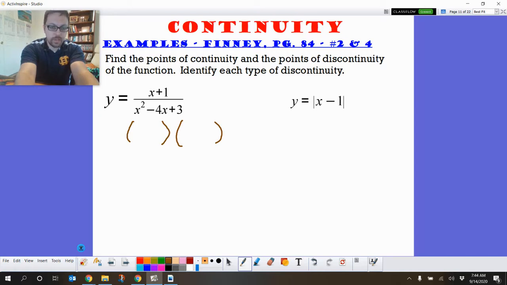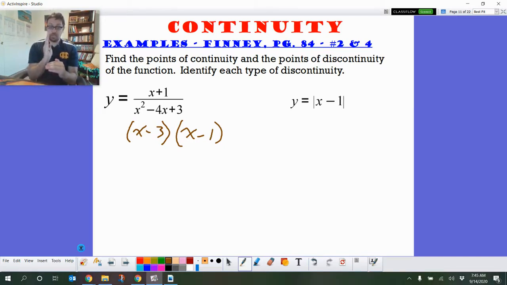So let's factor it. So we get x minus 3, x minus 1. And now neither of those things are canceling out. We talked about a couple times ago, if they're not canceling out, that's when we're going to get the crazy asymptotes. If they had canceled, like that earlier one we did, we would have had just a little hole, and that would be a removable discontinuity. This one is going to shoot up and down in opposite directions. That is an infinite discontinuity,